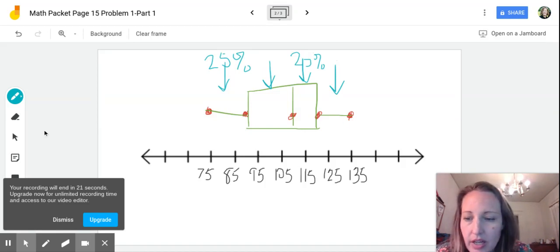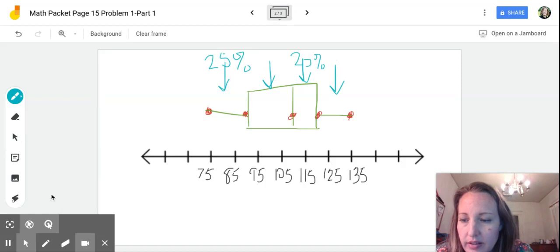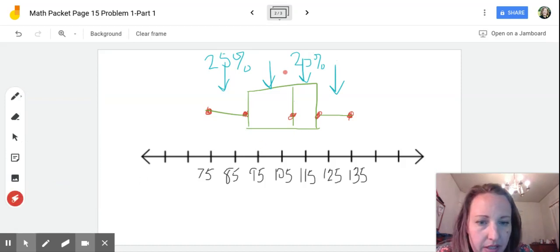110 minutes is our median. So 50% of the movies are